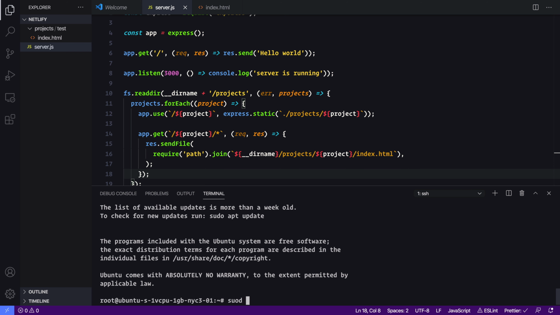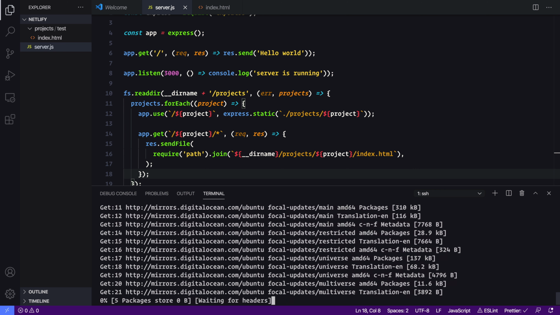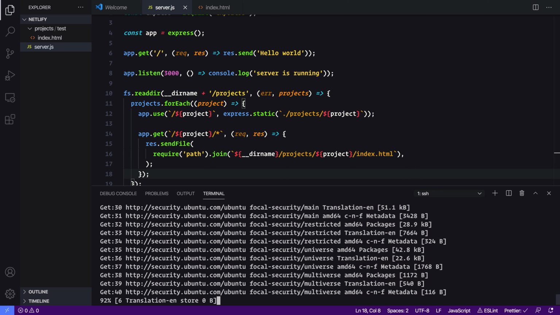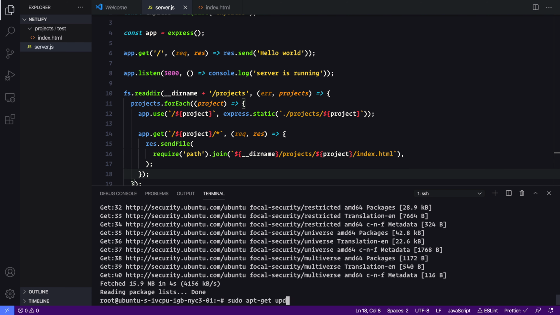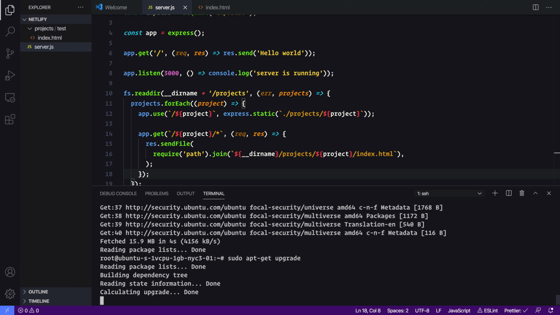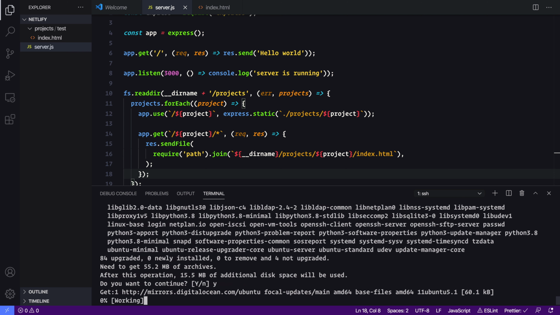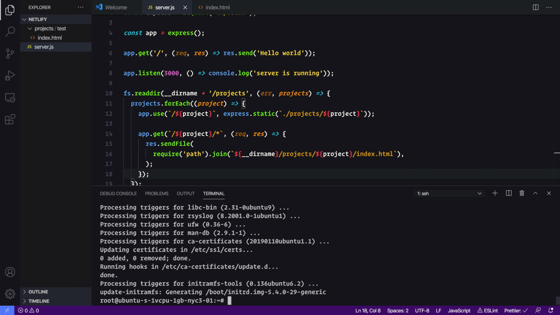So first thing we'll want to do is run sudo apt-get update. We don't actually have to type sudo because I'm the root user. It's just a habit because I'm not usually running as the root user. Once that's done, you'll want to run the same thing but upgrade to actually update all these packages and type yes. All right, after that's done, it may take a little while, but we will want to apt-get install Nginx